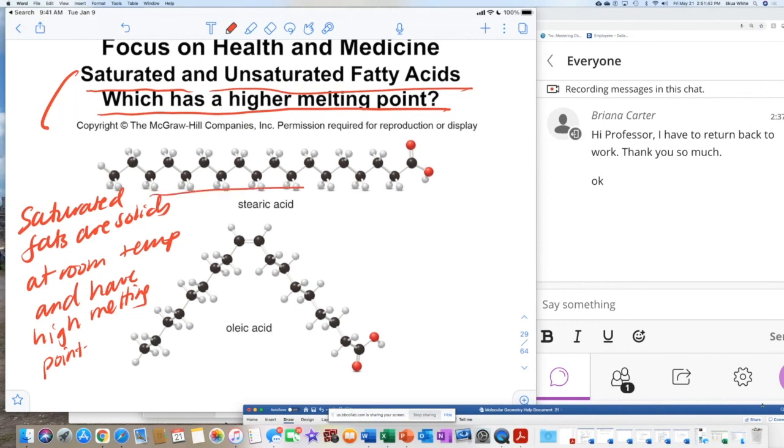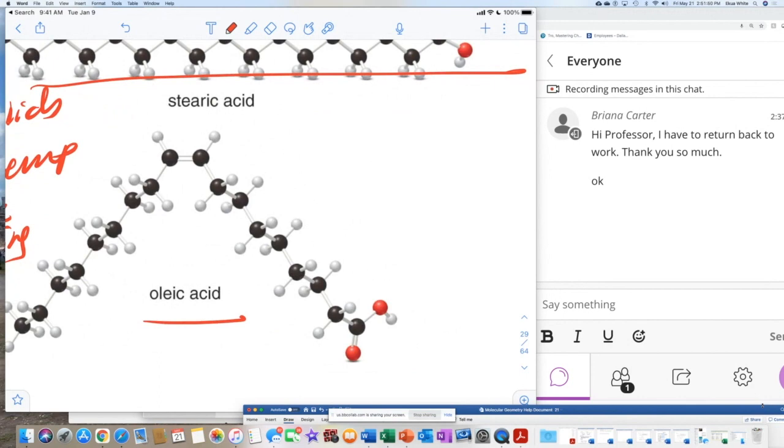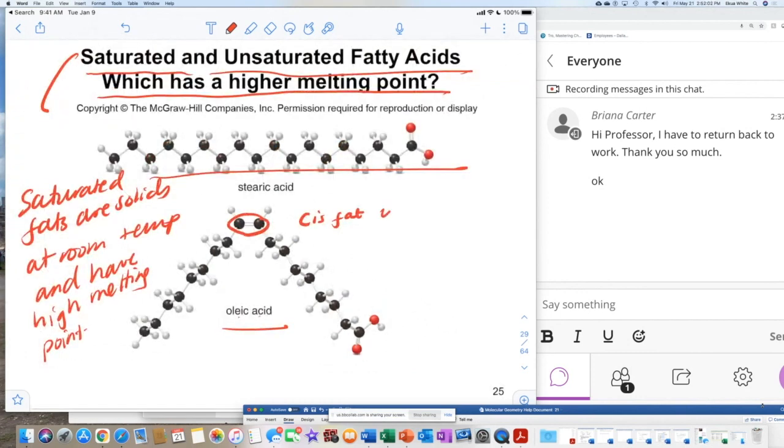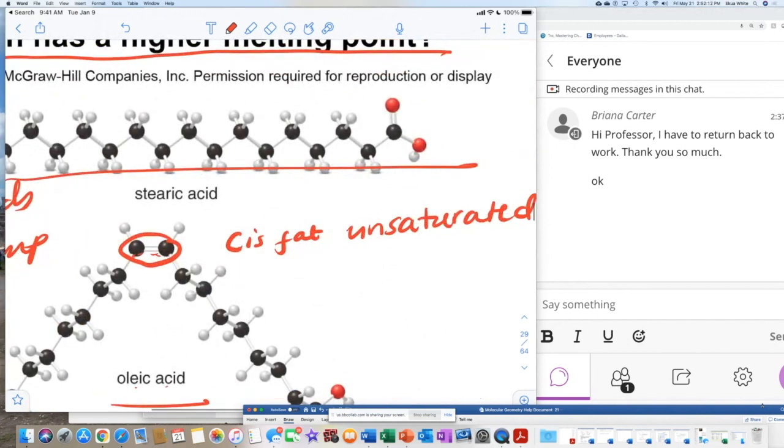Okay, here's an example of stearic acid and here's oleic acid. You can see this right here. This is a fatty acid, right? You recognize the alkene bond, but we're now applying it to life outside of chemistry, so it's called an oleic acid. This is a cis fat, okay? Cis fat, and it's also unsaturated. Why? Because it has a double bond. This one right here, I'm looking for a double bond. I don't see one. Doesn't count. This is a carbonyl group. This is technically a saturated fat,